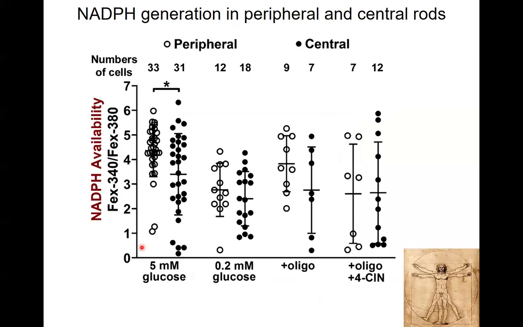So the thing that was of interest to us in the human situation was to compare central and peripheral rod photoreceptors. So you saw the retina, we can actually go ahead and isolate rods from the center, more or less the macula, but within the ring, the rod-rich ring. And the reason for this is that there is the macular degeneration